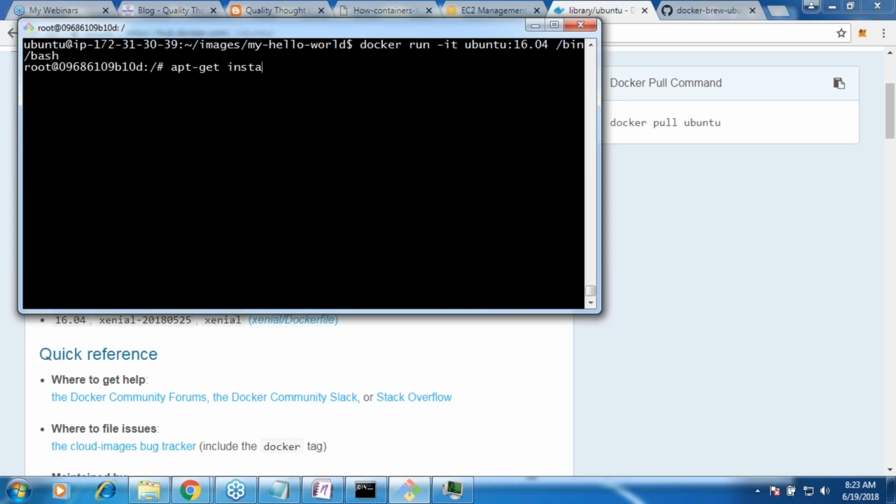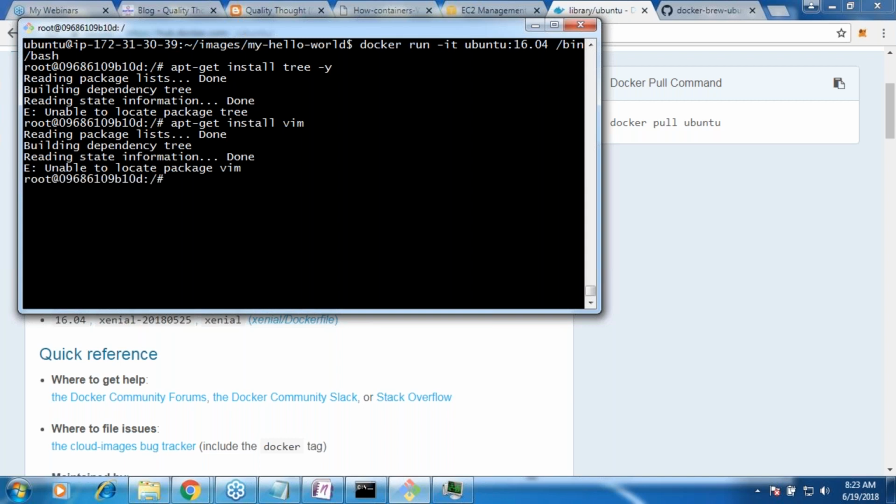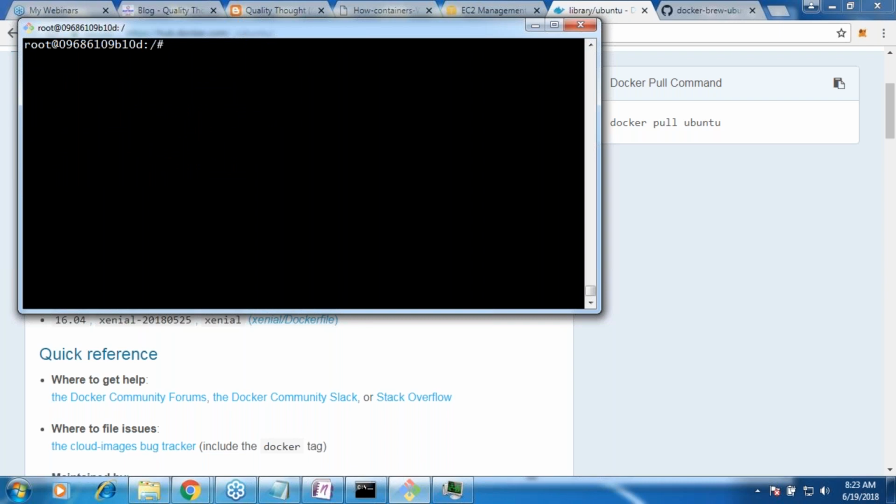apt-get install tree -y. Okay, it is unable to locate the package, which means you should add apt repositories also. Let me try one more installation. They are very basic, they don't have many capabilities. Whenever you are installing any packages, you have to add an apt repository and then do it. It will know very minimal things. But at least apt-get is working now. It is saying that I am unable to do the things, but it is working at least, right?